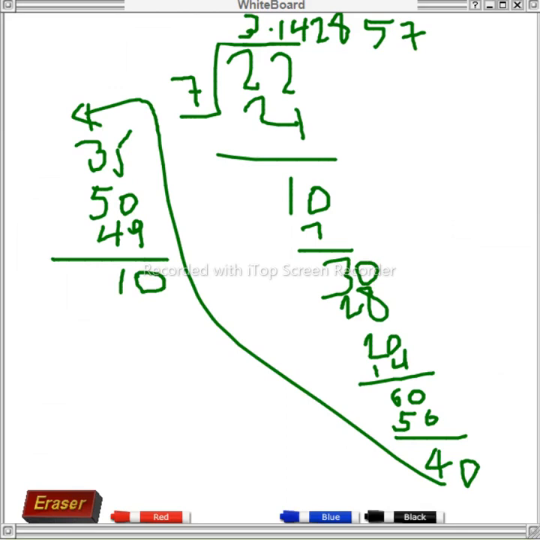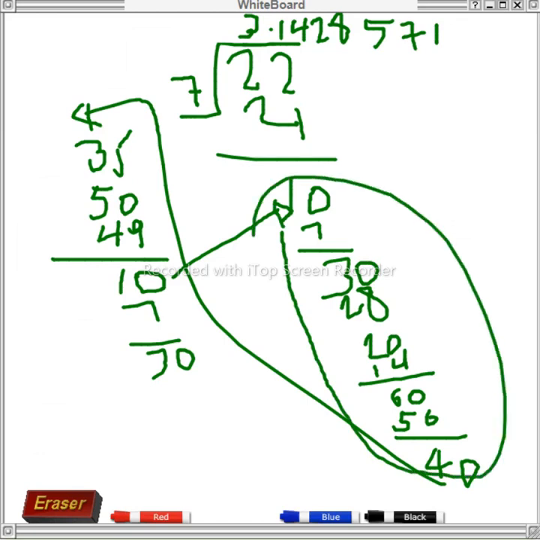When we divide 10 by 7, we will get 1. 1 times 7 is 7. So we will get 3 here. 3 is not divided by 7, so it will continue like this. So here, as you see, the same thing exists. The other numbers are all repeated here. So our answer will be